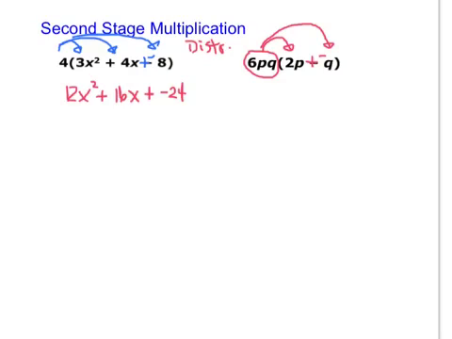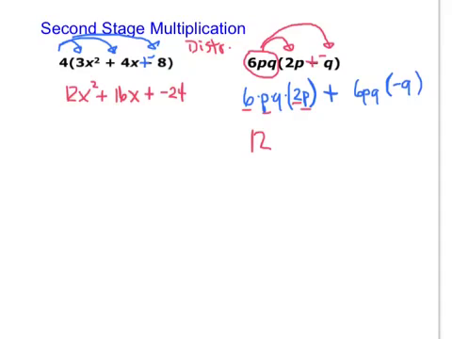Now what we're ending up with is 6 times p times q times 2p plus 6pq times negative q. And so we can go back to what we did on the first page and say, okay, I'm going to do this again. So I get 6 and 2 gives me 12. P and P gives me p